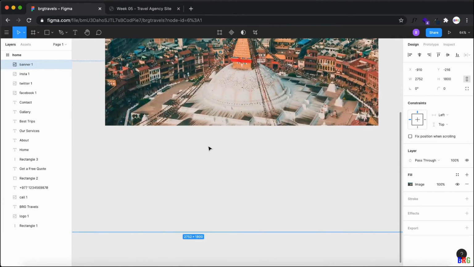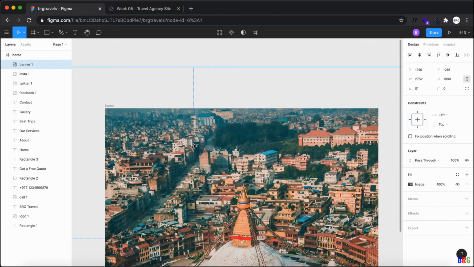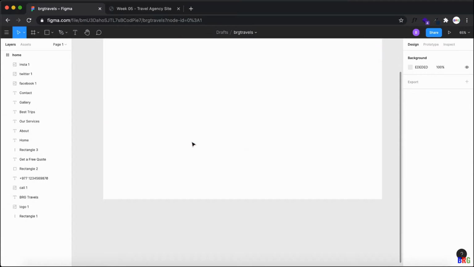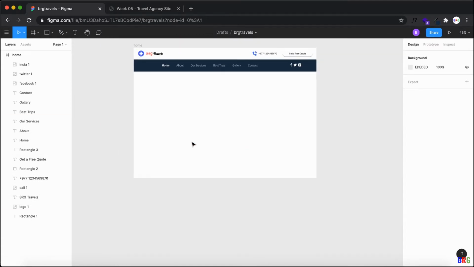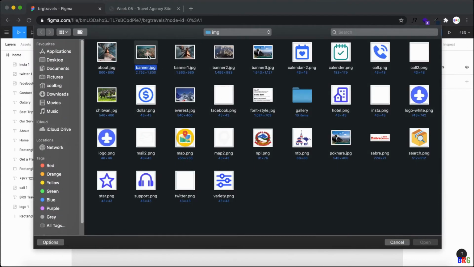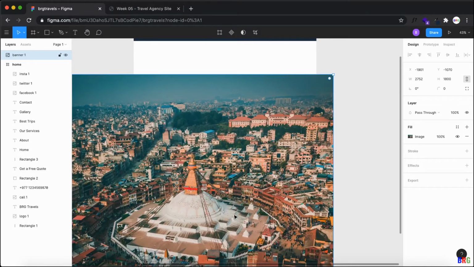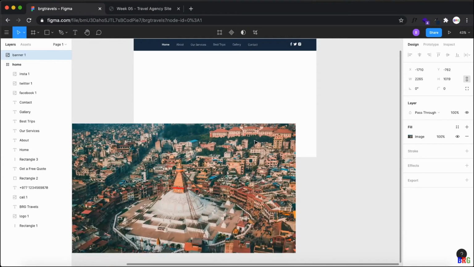Sorry, just Control Z. Again, let's do it. We need to basically place the image outside the frame. Don't put it inside, because then that will cover the whole frame. Outside the frame, resize it and then get it here.